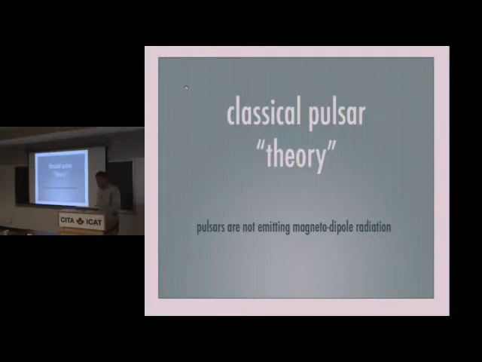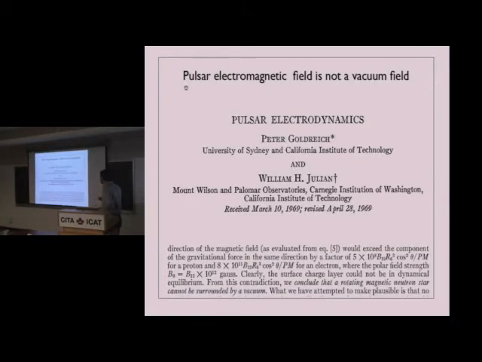And they also wrote some equations actually. So this is the main paper. So pulsar electromagnetic field is not a vacuum field. The point of this paper was that fast spinning, strongly magnetized, conducting balls will not tolerate vacuum around them. And so in this paper, some equations were suggested, but later on, these equations were written much better than by the original authors, so